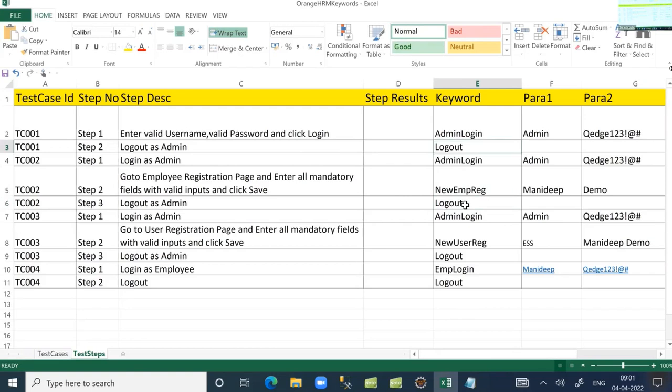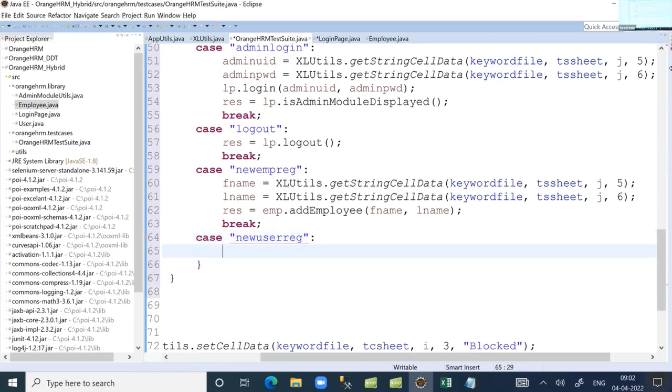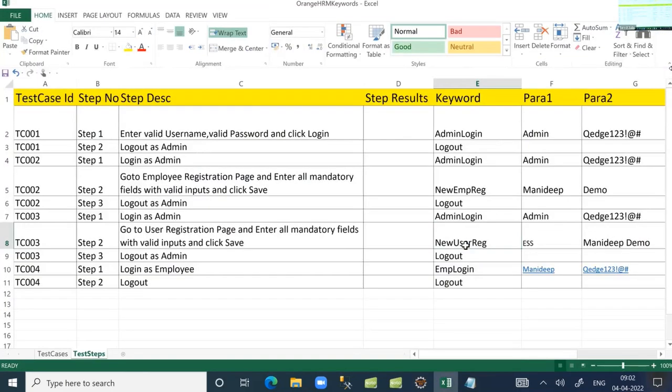Logout we have already covered earlier. Admin login is already covered. The user registration keyword is to be covered. If the keyword equals new user registration, the keyword equals new user registration,